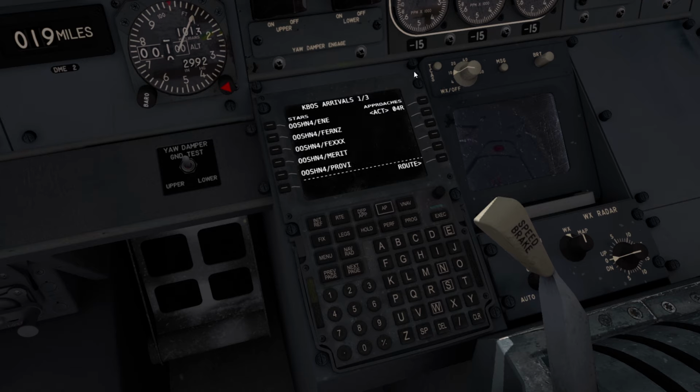We're coming in on the ILS runway 4 right, and we're going to be coming in on the Roebuck 2 arrival from Merritt. So Roebuck 2 from Merritt. This caught me up a little bit here. You have to punch in the approach, hit exec, and then you can punch in the STAR and hit exec. And then we're going to come from the Winnie transition,